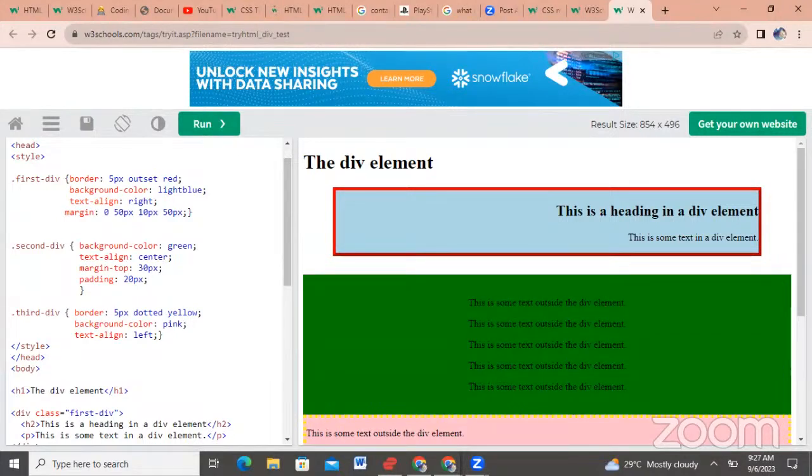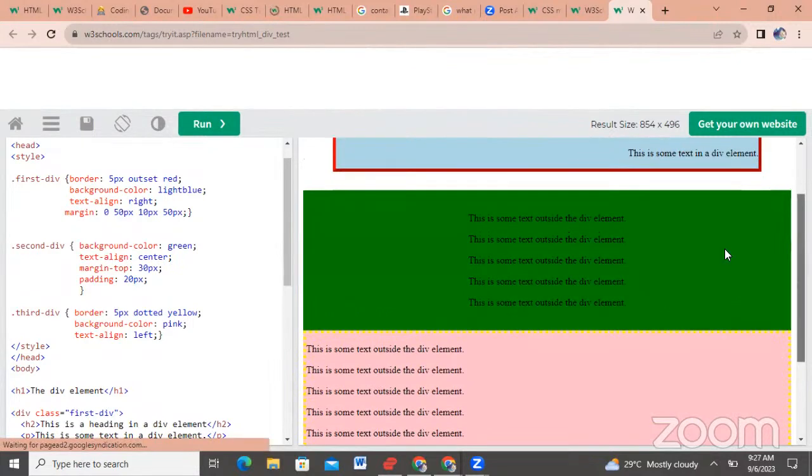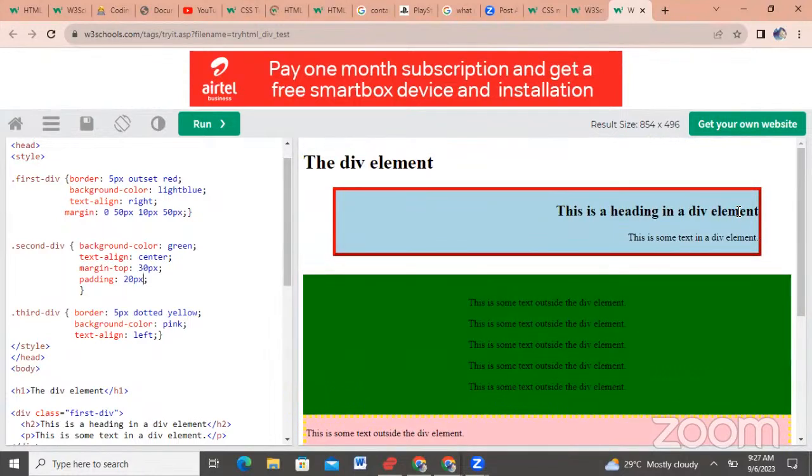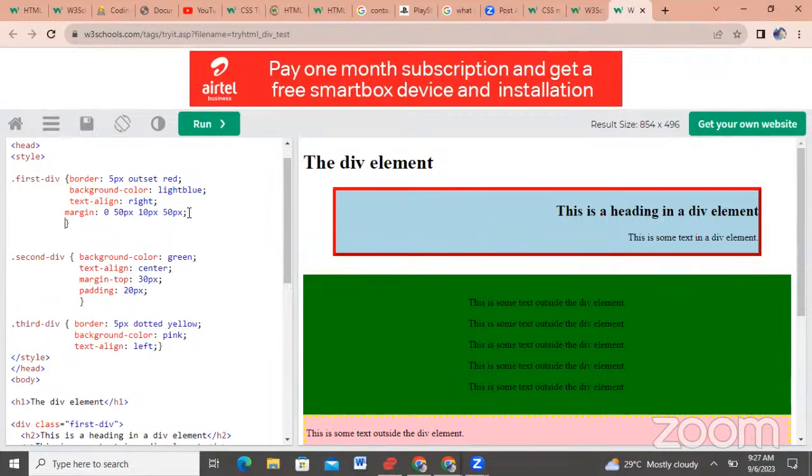Let me see what happens when you do it like that. See, now there is a space inside between it. There is a space, 20px here. This one already has a space at the sides. You can make this 20 and 0 because that place already has a padding at the side. Or you can leave it, it won't affect any change, because the text is not long. If the text was very long, or it was at this side, if I put a padding right,